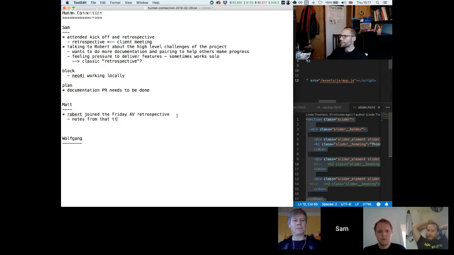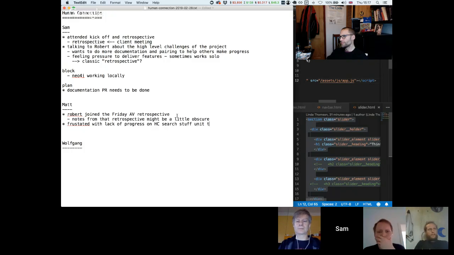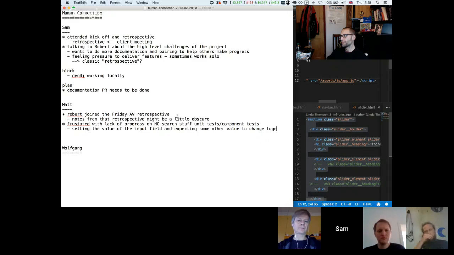Yeah. So high level stuff. I left yesterday feeling a bit frustrated because I was working on some Human Connection search stuff. There was a unit test that was passing, that you might remember, Wolfgang. It was setting the value of the input field and expecting some other value to change together with that value. It was passing, but the implementation for the search was actually not working, and then Greg stepped in